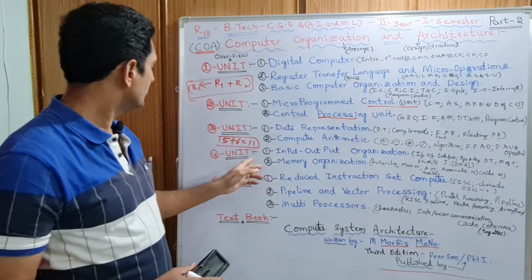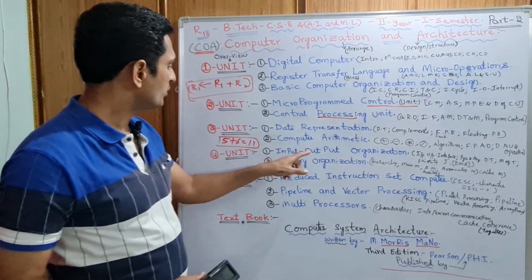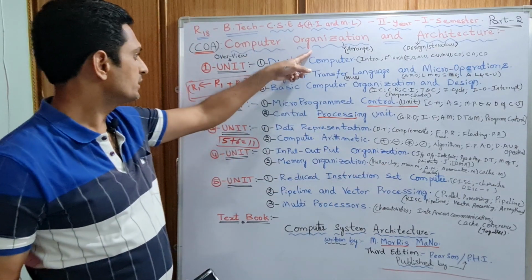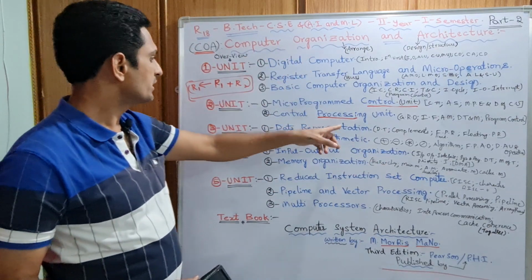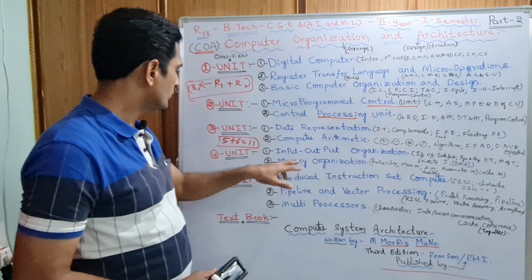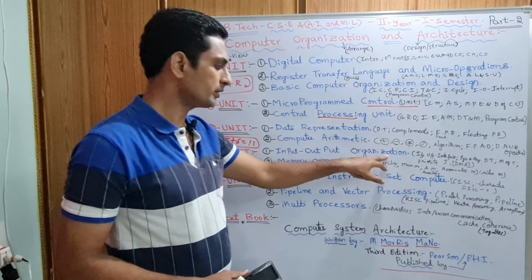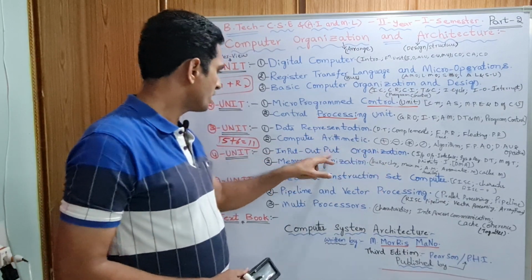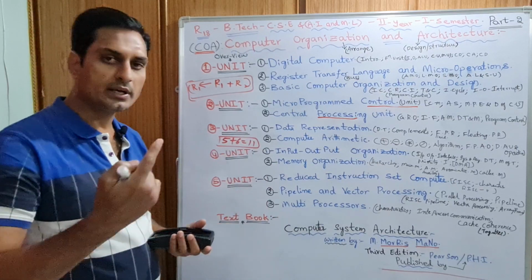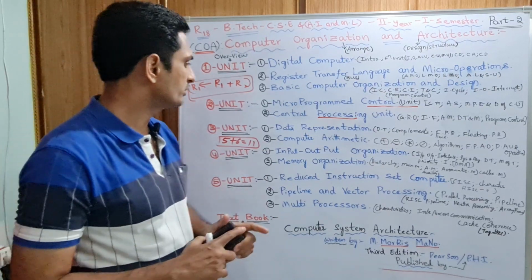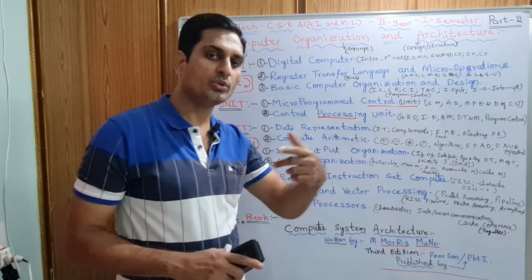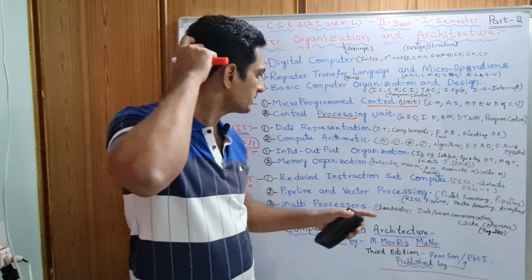Divisions and floating point. And in the fourth unit we have input output organization. As our subject is computer organization, we are going to discuss register organization, and here we are going to discuss input output organization. Keyboard, mouse, all the things, how they are organized, how they are arranged, how data will flow inside, that we are going to discuss. Input output interface. An interface will be there in between input output devices, that will be discussed.